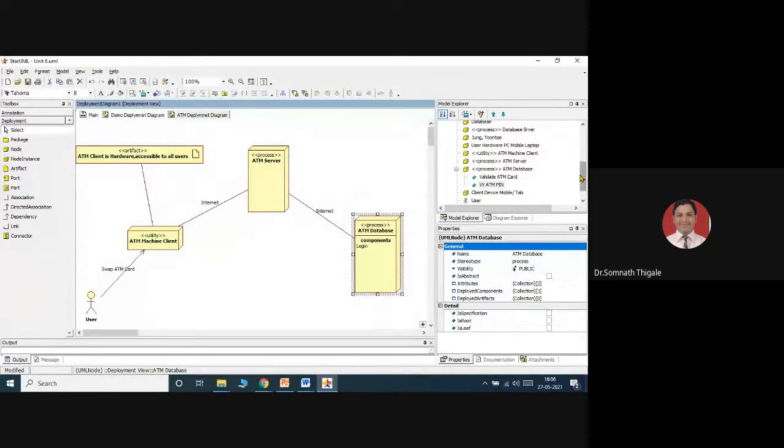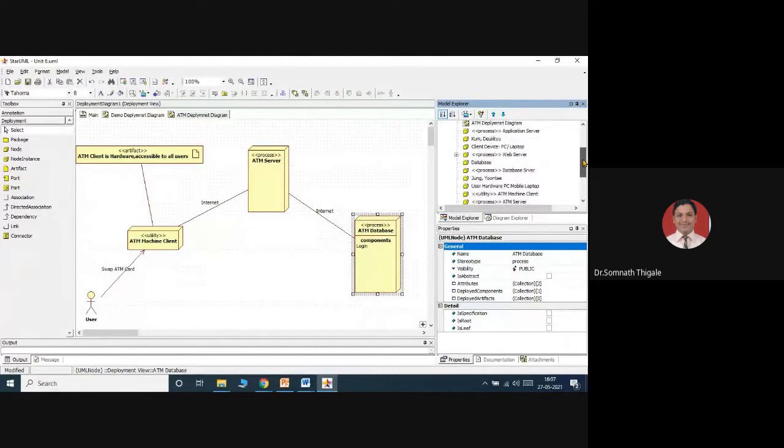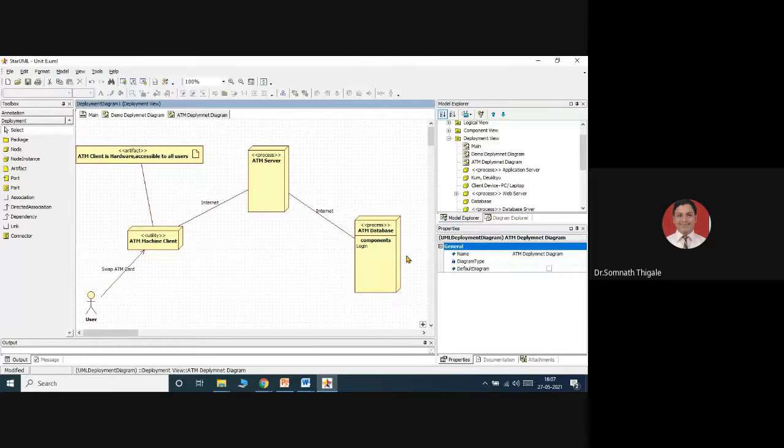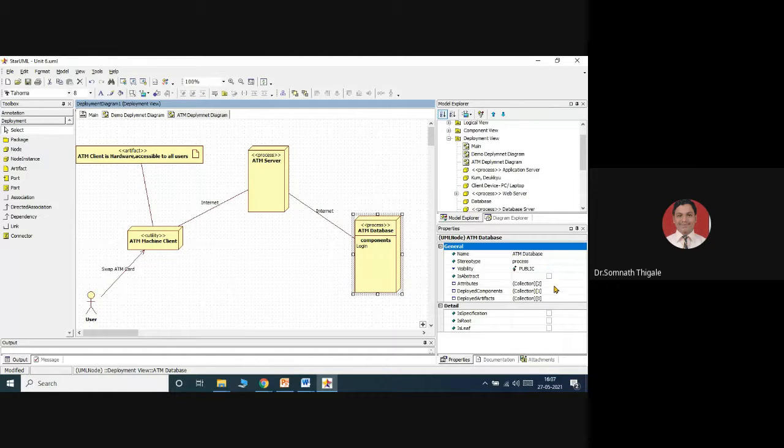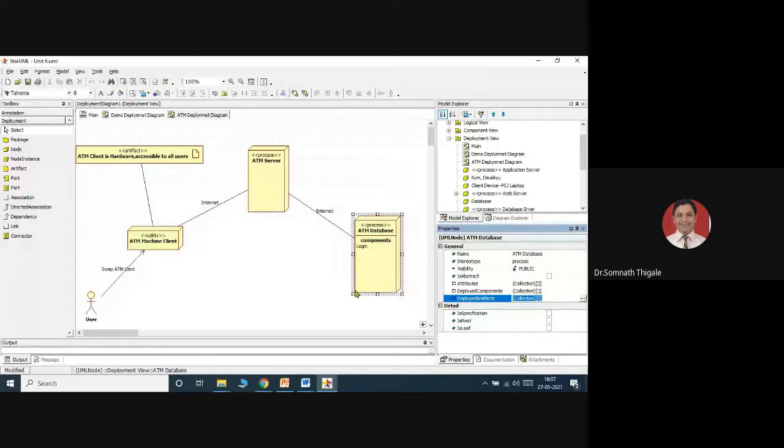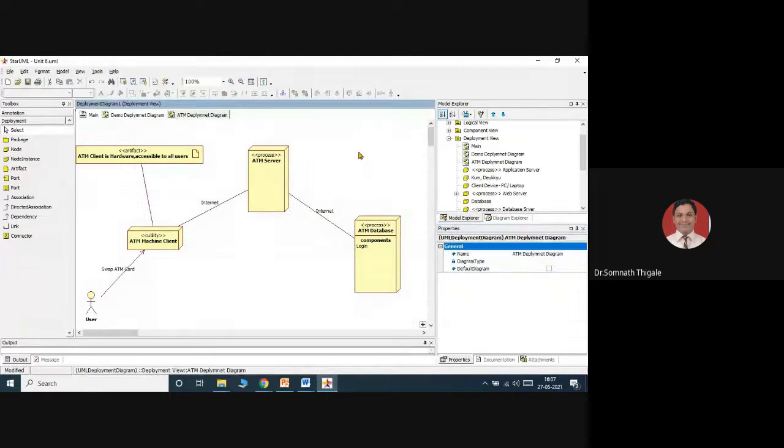How many different components inside your diagrams are there? With respect to components, you can add the different components automatically, so developer's time and the deployment times will be saved. Based on this deployment components we have already deployed artifact, I will just add. See here, this is just one artifact that I am providing over here.